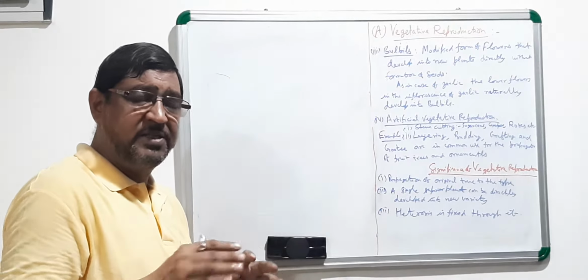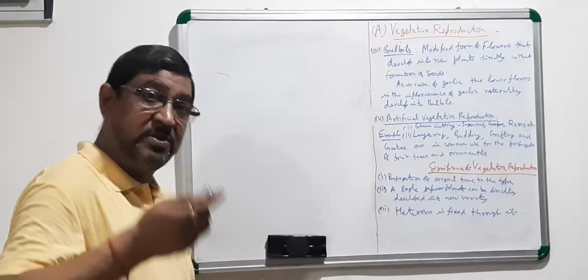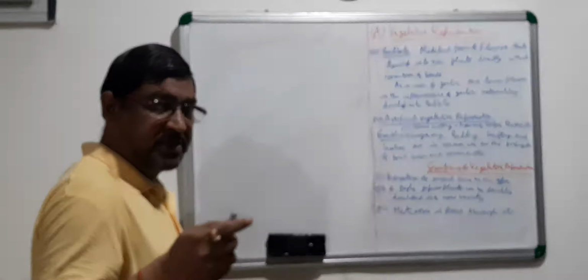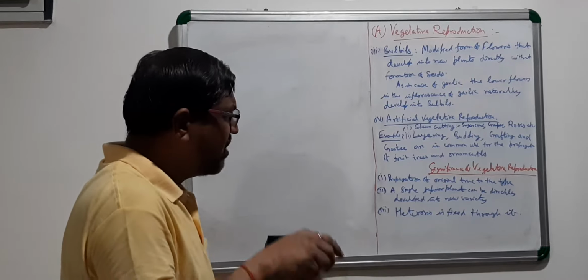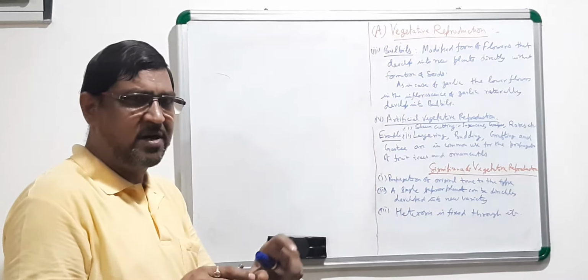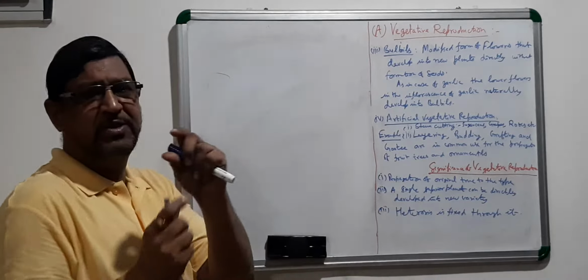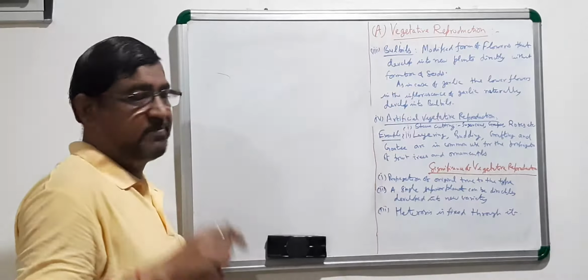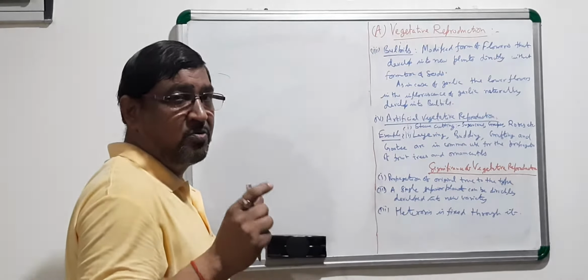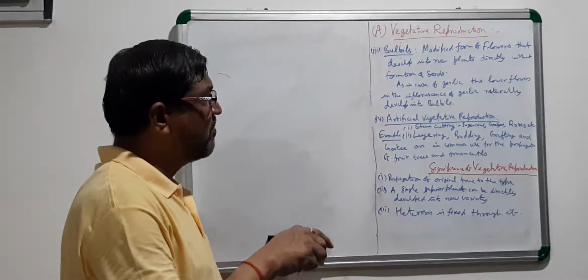as a modified stem, underground stem. Now here you can see bulbils also in the same garlic. It is how it is naturally occurring. In the case of garlic, the lower flowers are not developing into seed. Lower flowers in the inflorescence of garlic naturally develop into bulbils, and these bulbils can be used for propagating the same type. From seed you will not be getting the same genotype of the parent, but from bulbils you will be getting this.